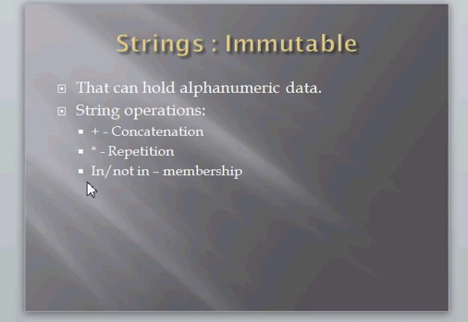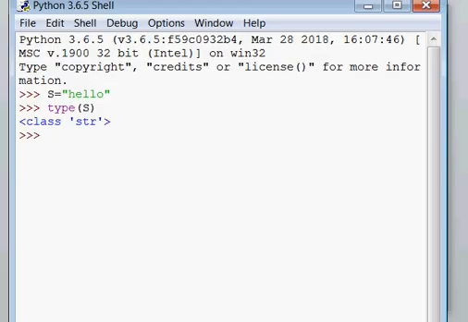Here I have mentioned that strings are immutable, meaning in a string we cannot change the elements. For example, if I want to access the first element of the given string s, I will use s[0]. 0 is the starting index of the first element in your string, and the next element has the index 1, that is e, and the next element has the index 2, that is l. In this way we can access an individual element of the given string.